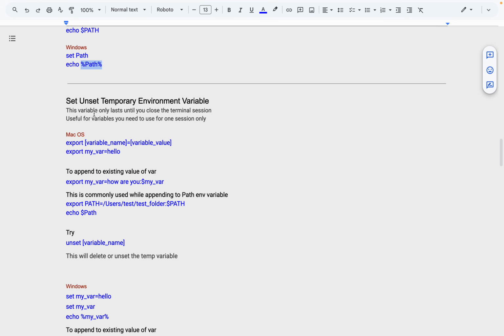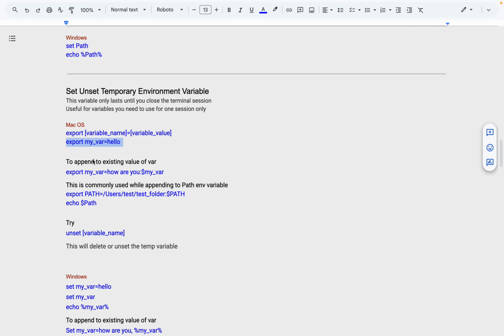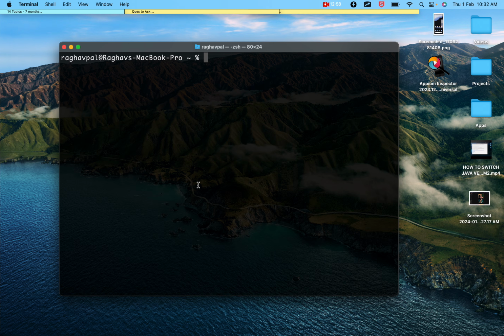Now to set or unset temporary variables, we have already seen this. In Mac we use the export command and give the variable name and its value, and in Windows we use the set command. Now here, if you have to append an existing value to the variable, we can give the variable value and give a colon and then dollar and whatever you want to append to it. So let us say I create a variable